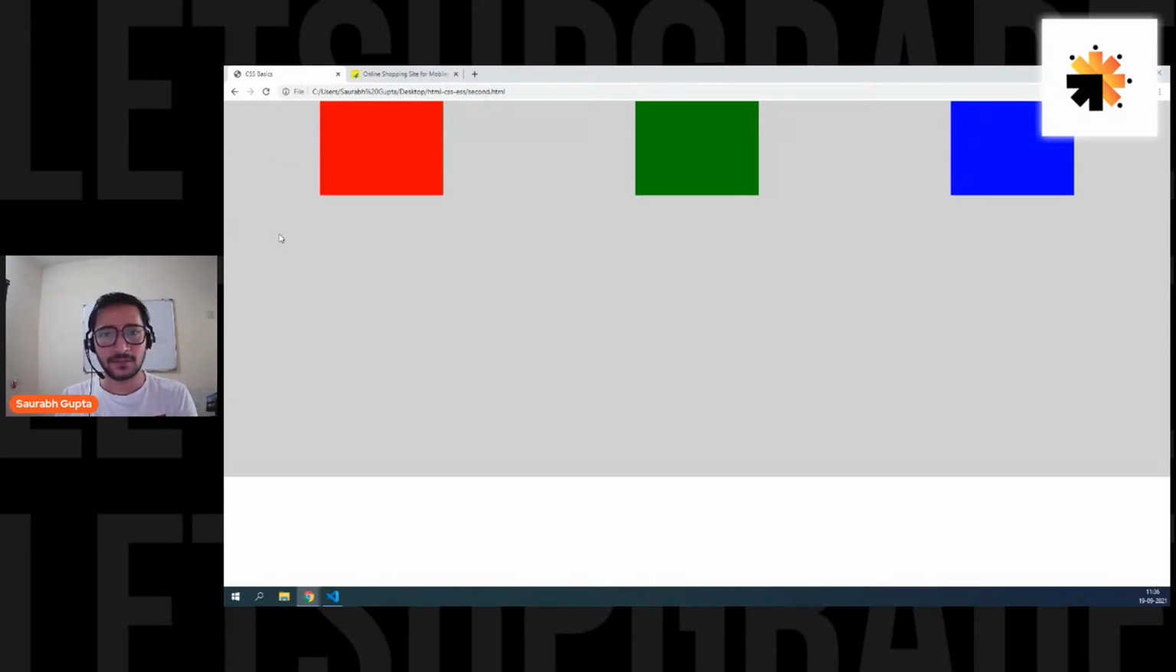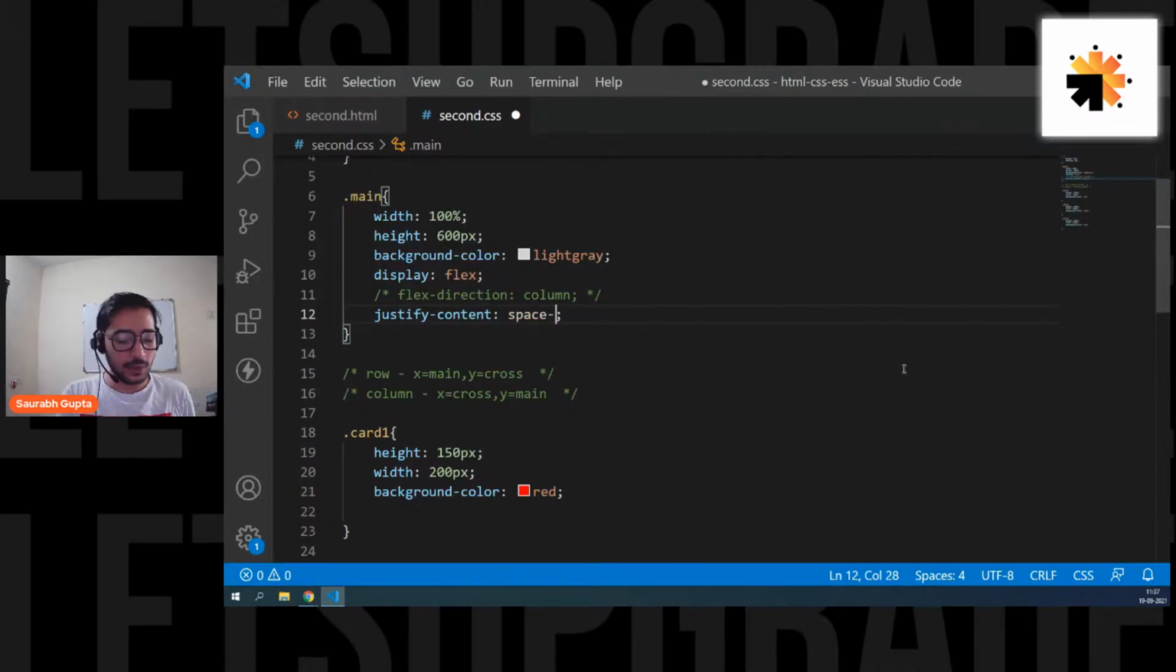That's normal. That's fine. But you can see it's equal. This space and this space is equal, and the between spaces are always equal. You don't have to calculate anything. So space around will also give you the around spaces, the space at the start, the space at the end, if you want to do this. And then you have